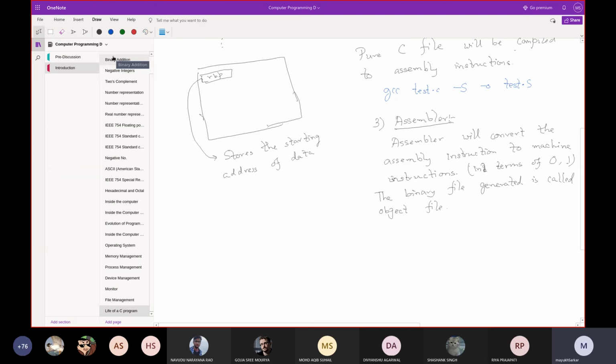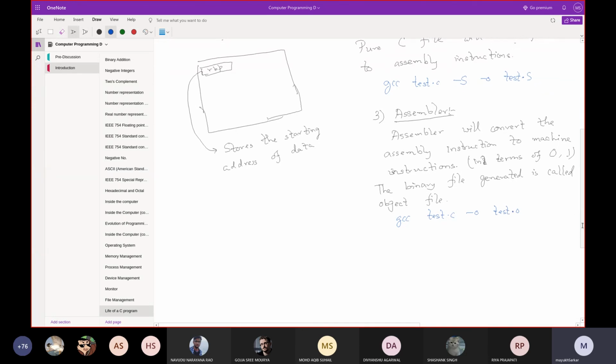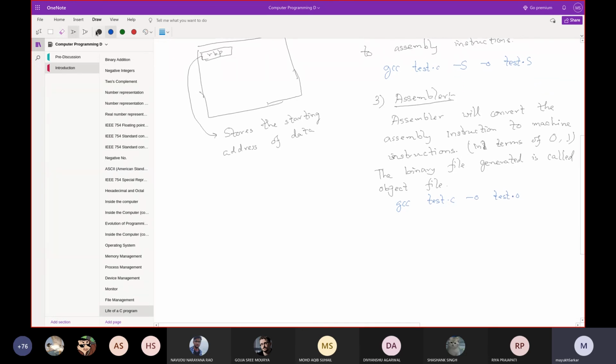The machine instructions generated here are only from test.c. So gcc test.c -o test.o, considering that we have multiple files now.